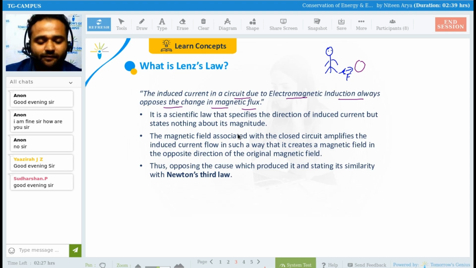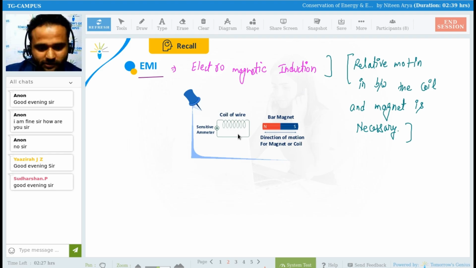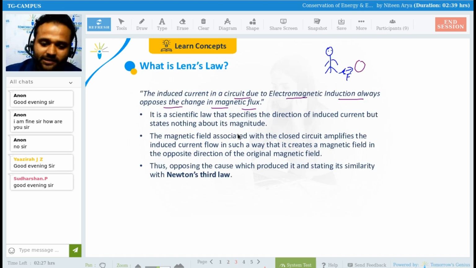In the same sense, if there is a production of current, as we see, whenever we move this magnet in this way, a current is generated. This current tries to oppose this. If the magnet is moving in this direction, the current moves in the opposite direction. It tries to oppose this. This is the tendency of any physical system, not only human tendency.